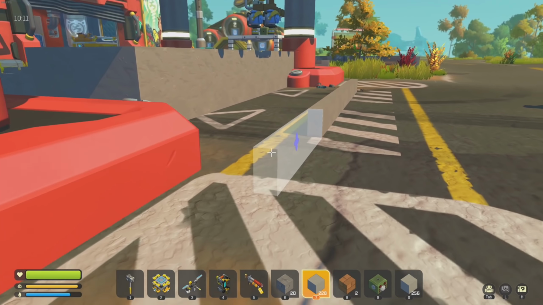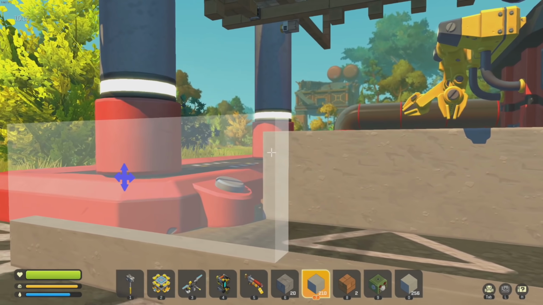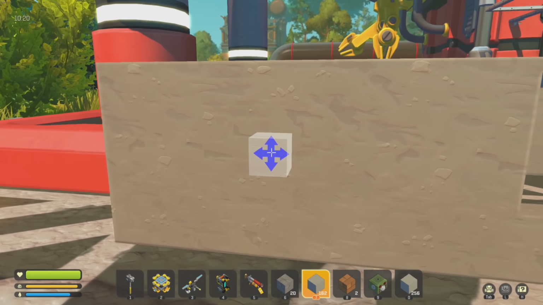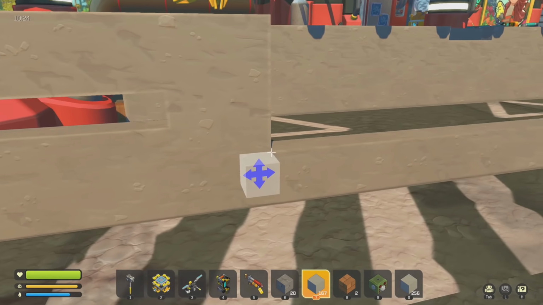Let's see here. Let's just do, you know what? Let's start off with a smaller section. Let's just do like that. And let's see. Okay, if a bot came over here, if we removed like that section right there, can we